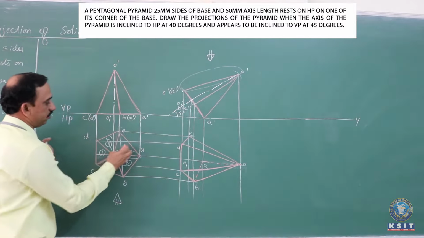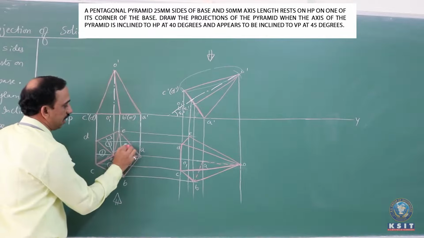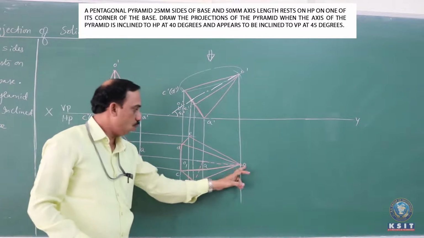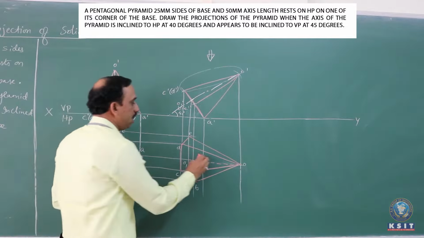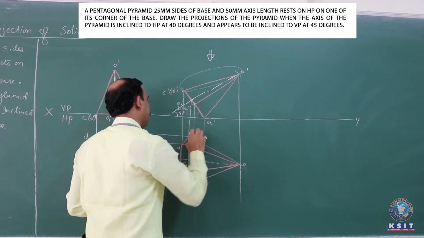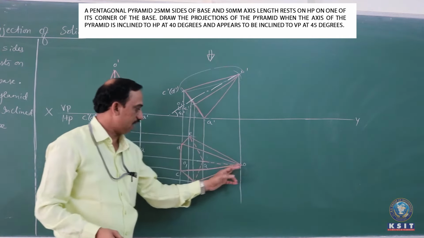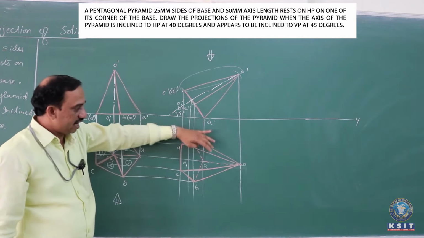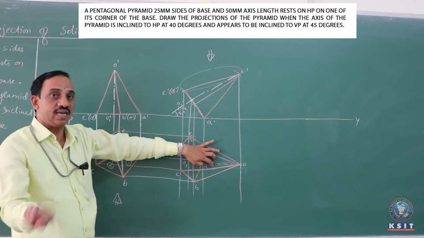Similarly, on the other side of this slant edge, we have the other triangle OAE, as invisible. O to A is already invisible. So when you mark A to E as invisible, E to O I cannot mark. This clearly indicates OAE is invisible. So 3 triangles are visible, 2 triangles are invisible.